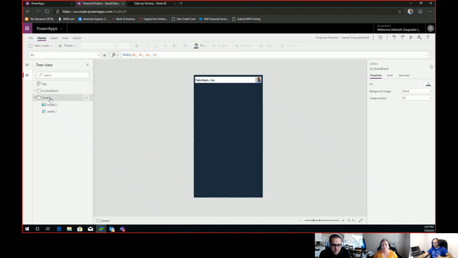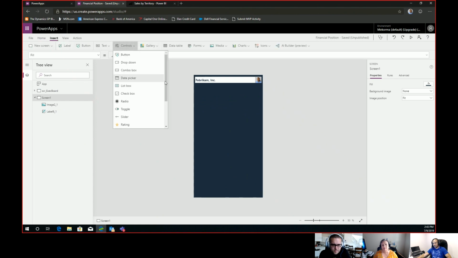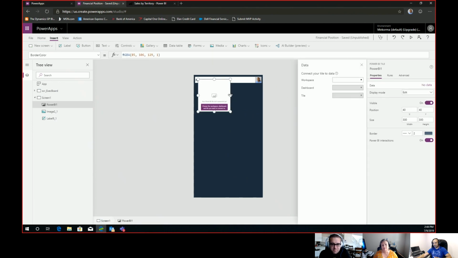I'm going to just test it on the second screen. So that's sort of a little bit of troubleshooting, testing type thing. You can then go ahead and go to Insert. And in your control gallery, you will find the Power BI tile. Now, look how simple this is. If I click on Power BI tile, it automatically adds this control to my